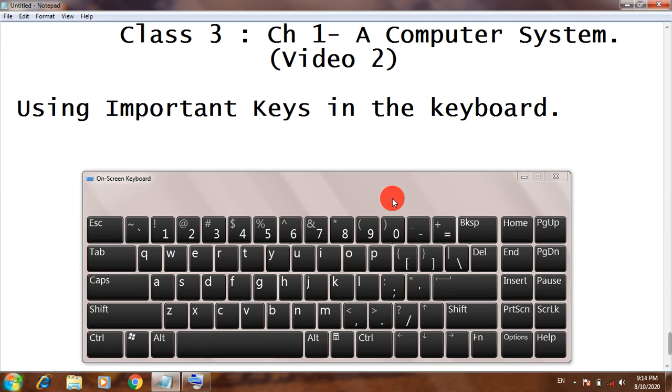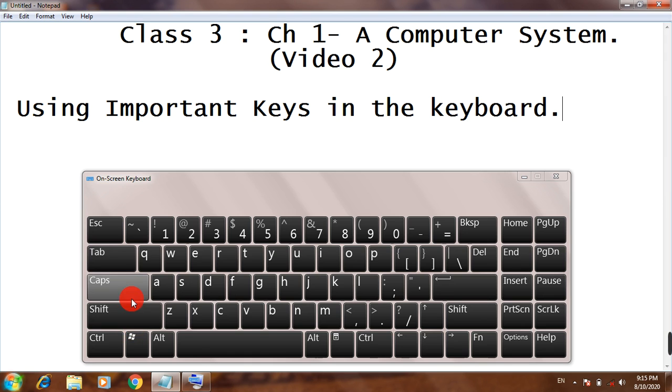I am going to show you first of all the caps lock key. So the function of the caps lock key. You can see here every alphabet, meaning A, S, W, E, R, is in a smaller case. But if you have to write any alphabet in uppercase or in block letters, then you can activate this caps lock key. Then you can write all your alphabets in capital letters.